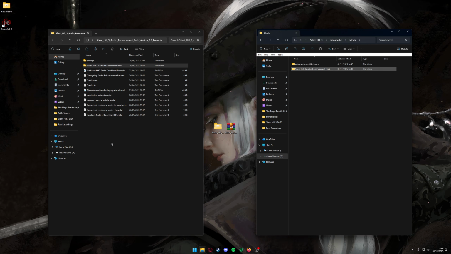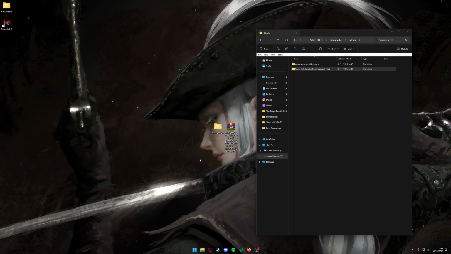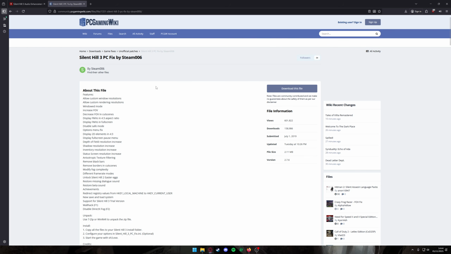Now once that's done, we can actually completely delete everything else from our Silent Hill 3 audio enhancement pack. We don't need any of these folders anymore. The final thing we need is the actual PC fix for the game, and this is basically going to include a bunch of modern enhancements. It's going to fix the 4:3 aspect ratio as well as some of the graphical bugs that were introduced with